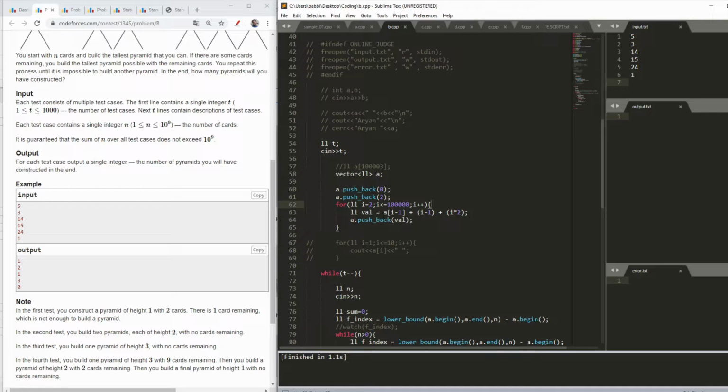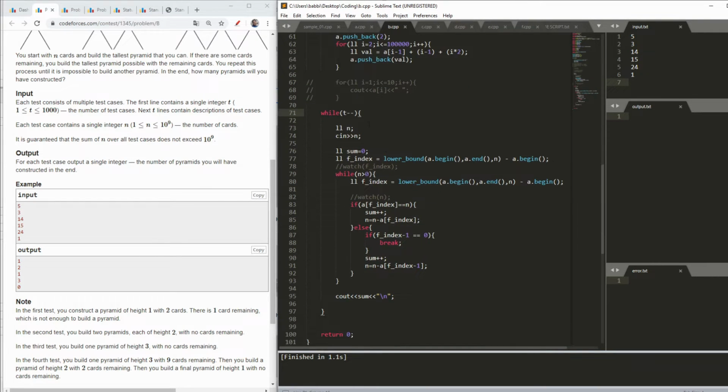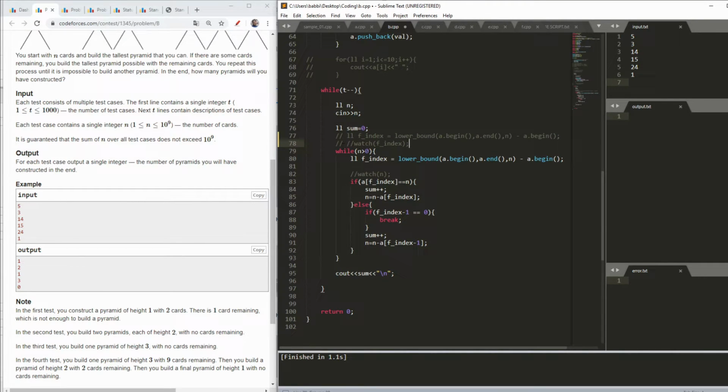As I showed you, I had the last value and I minus 1 for 1 and 2 and 3 and so on, and I multiply by 2, which is height into 2 as I showed you in the explanation, and then I push back the value. As you can see here, I just use this for a check. Then I had my while loop. I had my n. It is just to check, it's of no use here. Then I had my sum. Then while n is higher than 0, I will run my loop.